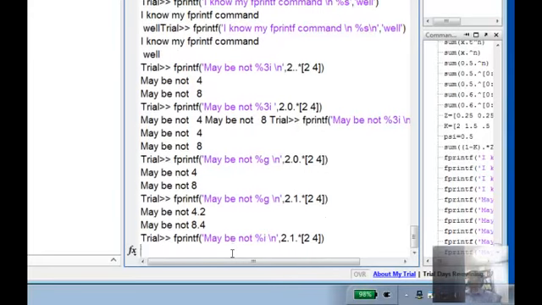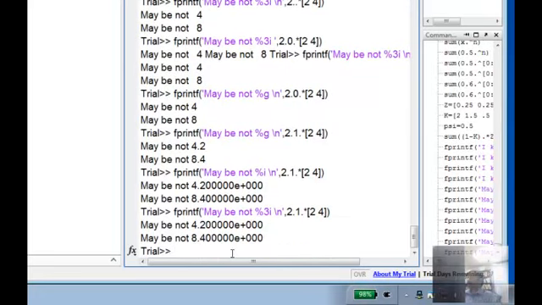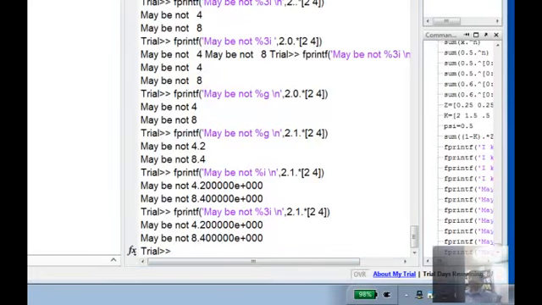Wow, it produces exponential. I would have predicted that it will use %3i, 3 integer positions, because I'm specifying it, but I guess it ignores it. So I don't know much about fprintf. Alright,